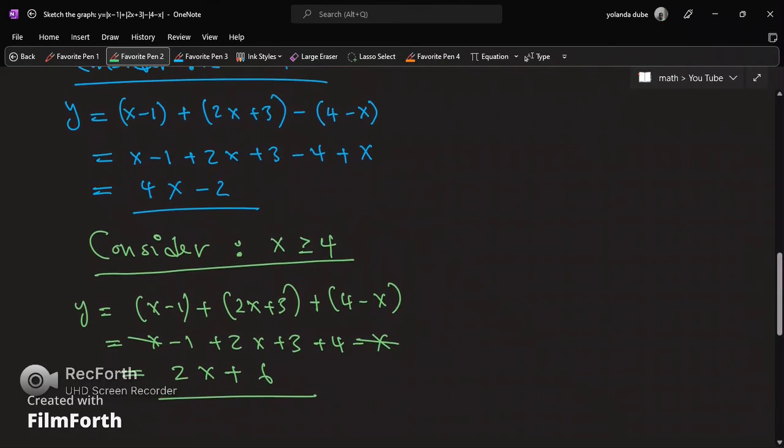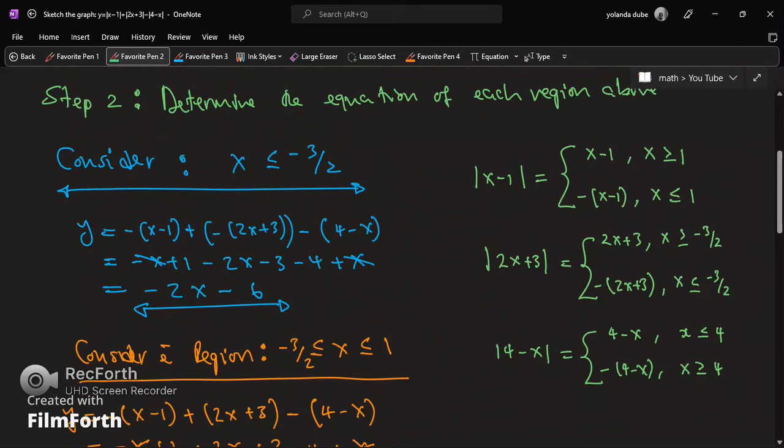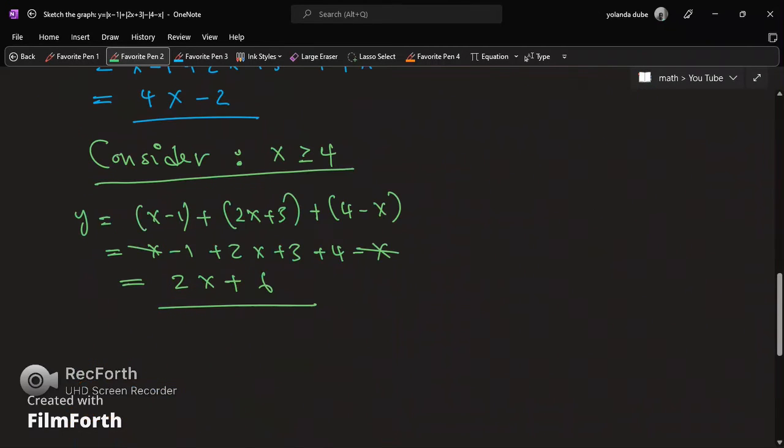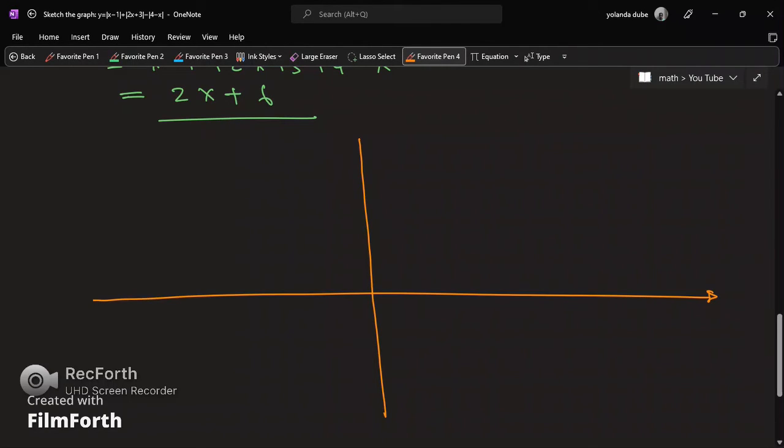So the only thing that is left for us is to sketch all these curves in their respective regions. So what we can do now is to create a Cartesian plane on which we are going to sketch all these. So we find our Cartesian plane like that. So we have 0, then we have y, then we have x. Now what I'm going to do, this is not allowed in exams for you to do this, but I'm just going to do it now for the sake of guidance,